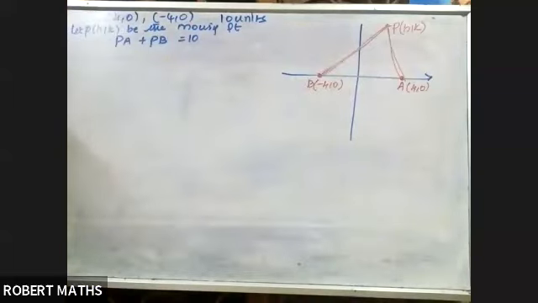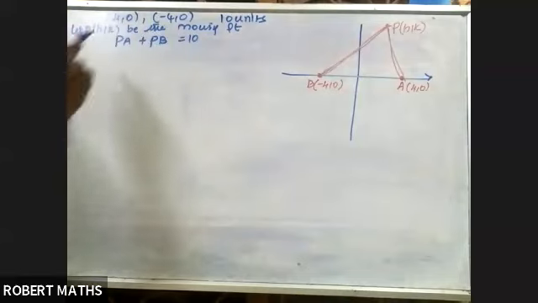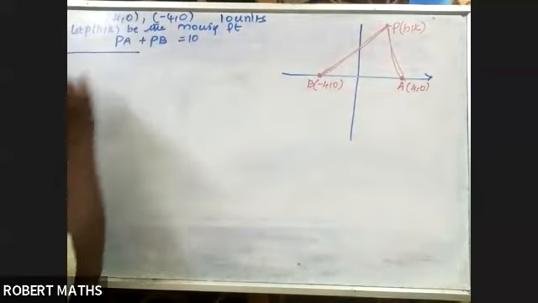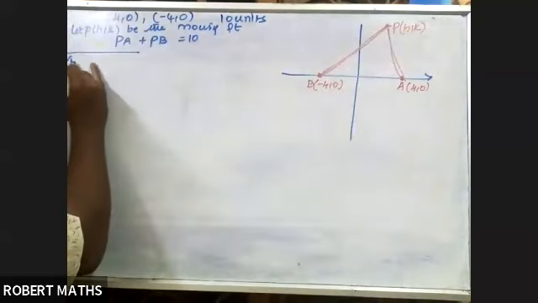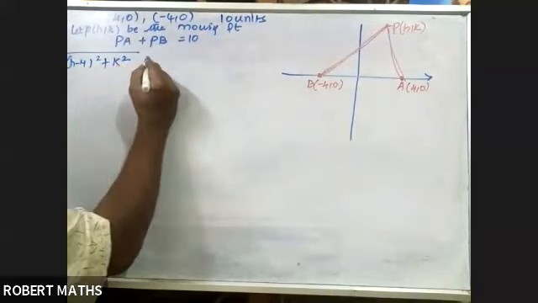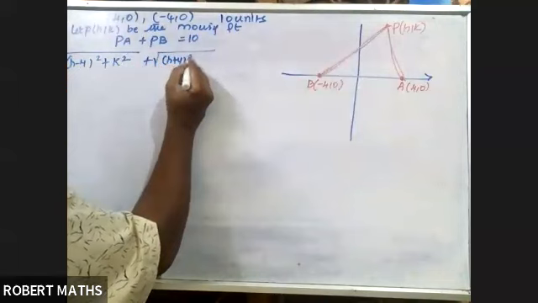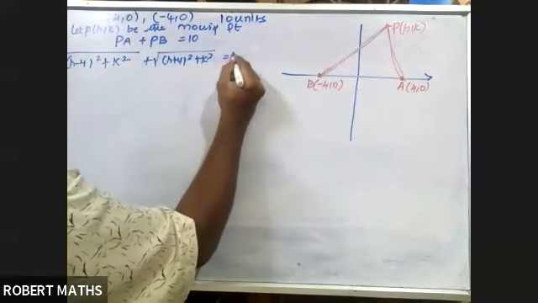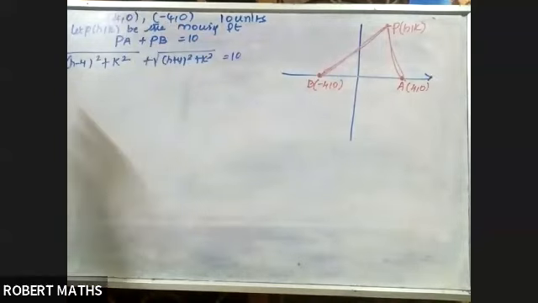Square na easy ah kandupidichidalam. PA plus PB equals to 10 இல்லையா? அப்ப இந்த P value எப்படின்னா, square root of x2 minus x1, that is h minus 4 the whole square plus k minus 0 k square, plus square root of h plus 4 the whole square plus k square, which is equal to 10. அவ்வளவுதான். Now இப்ப என்ன பண்றோம்னா இந்த ரூட்டை ரிமூவ் பண்ணணும்.